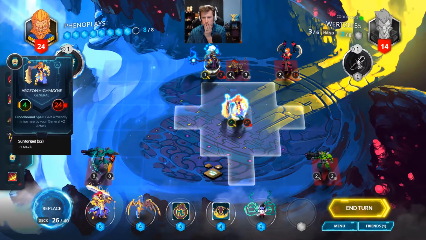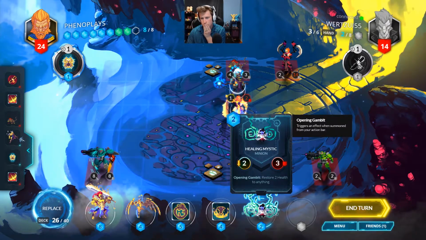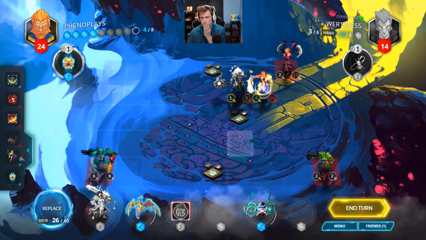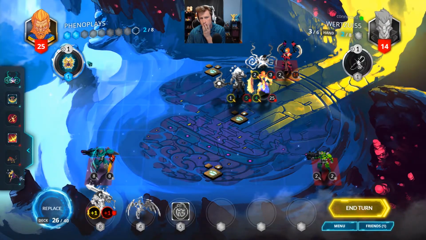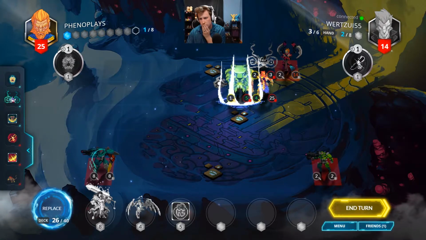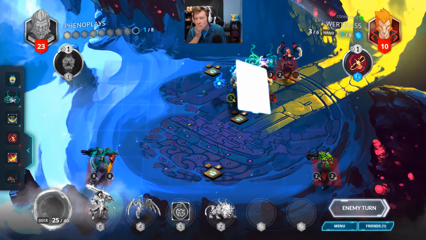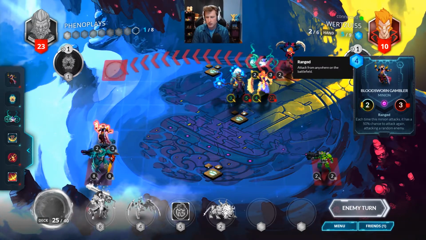Alright, so we do this. Leaves us with 4 mana. Really doesn't matter what we do at this point. Each time this minion attacks, it has a 50% chance to attack again. So...